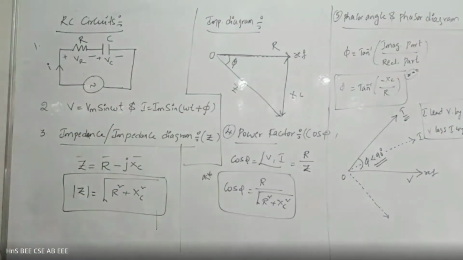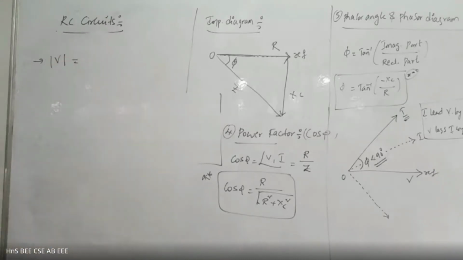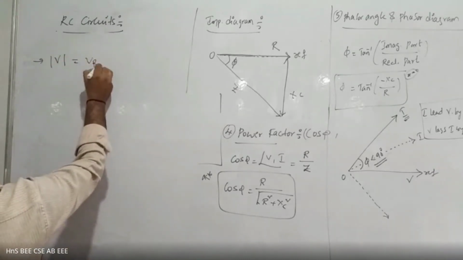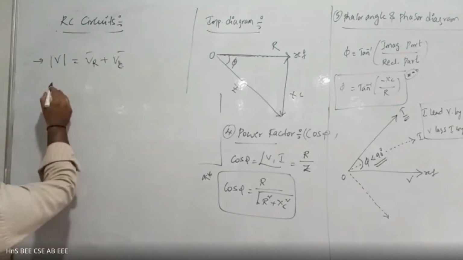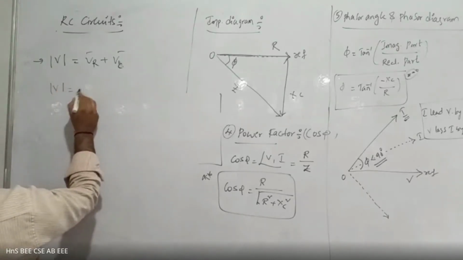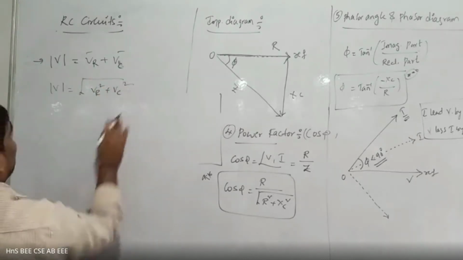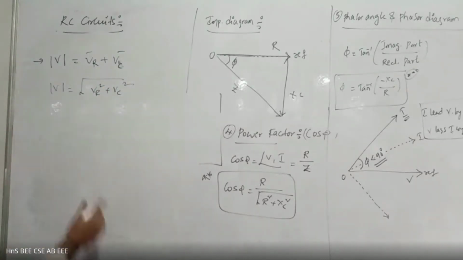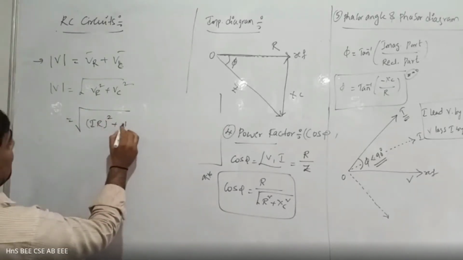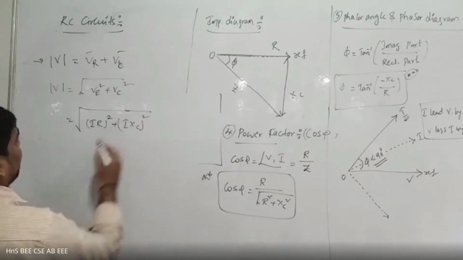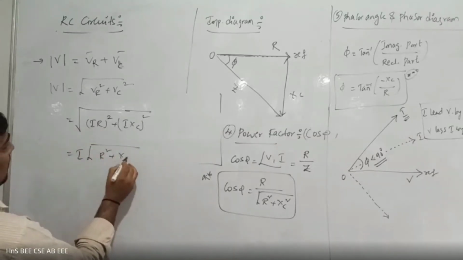Okay, now coming to the next thing. Simply I have to take the total voltage of this RC series circuit equal to VR bar plus VC bar. That is equal to the square root of VR square plus VC square. What is VR? VR equals I into R, whole square, plus I into Xc, whole square. Now I is common, so simply you have to take R square plus Xc whole square.